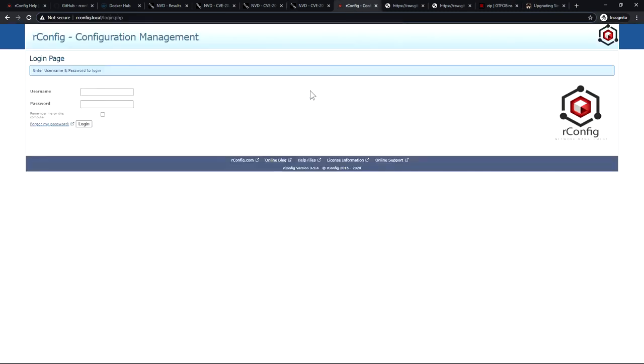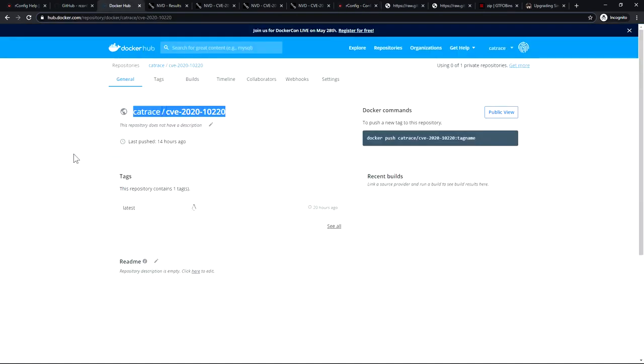You can download the vulnerable version from the description, but if you don't want to, the vulnerable version is already set up in a Docker image. If you want, you can clone it onto your system and use it, see the vulnerable version, and use the exploit on your own system. Now, without further ado, let's get started.